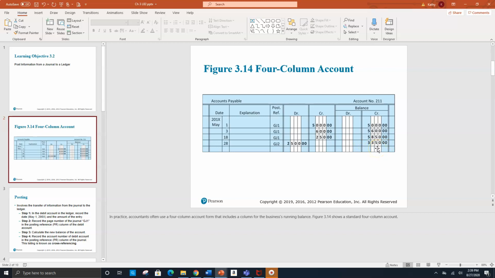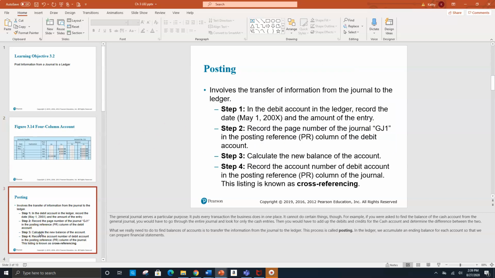So it's like balancing a checkbook, which probably none of you do, as most of us don't anymore. But that's exactly what it is if you have any point of reference to that. Okay, posting is